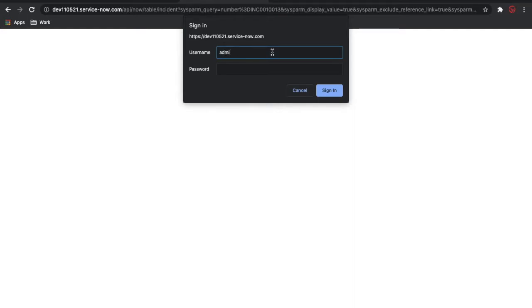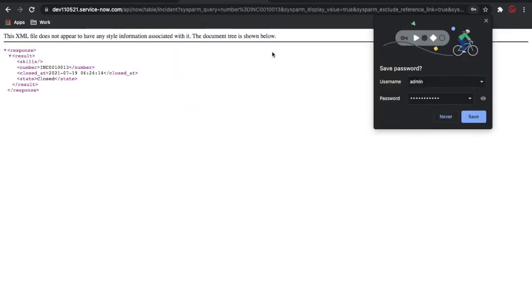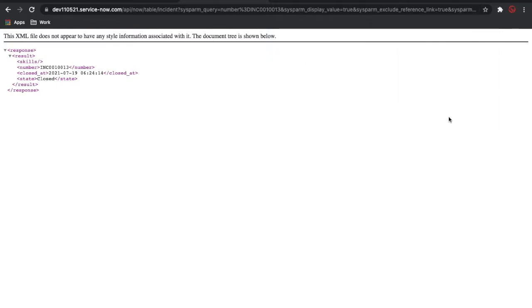So I'll put my name here and my credential. Once I hit that, you can see this information I am receiving. That way you can pass this information to the third party. You can pass the service account details to the third party, and they can easily figure out all this data.